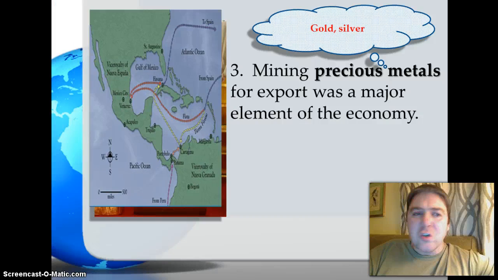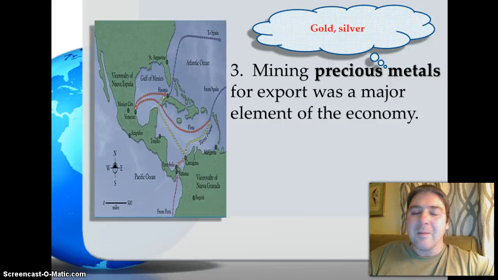And the Spanish, you could almost picture the cities on this map as almost being like the banks. And these routes here showing the routes that the Spanish treasure ships, which you can think of as almost like armored cars today, these are the routes that they followed. The ships arriving from Europe, picking up all of the gold and silver at these various ports, and then returning